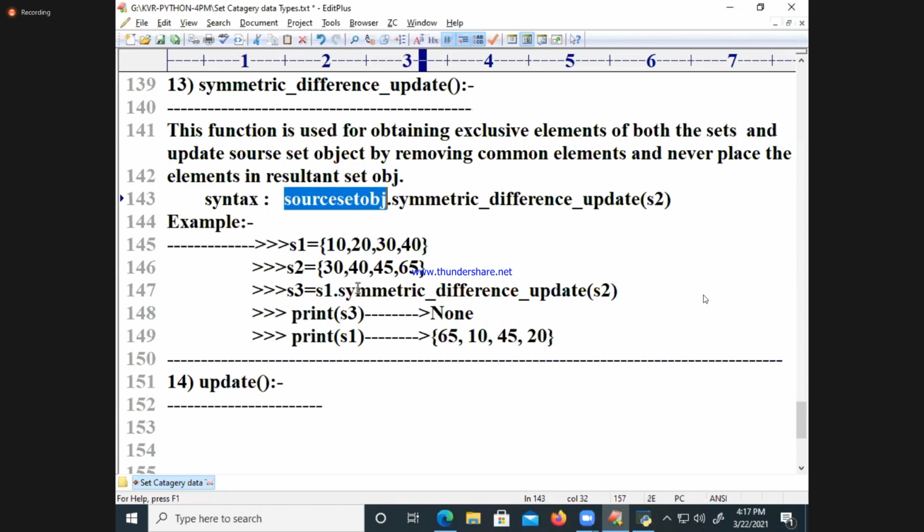So the source set object S1 is containing the updated elements. See that S1 is containing 10, 20, along with that 45, 65 is also updated by removing the common elements. That's the functionality.